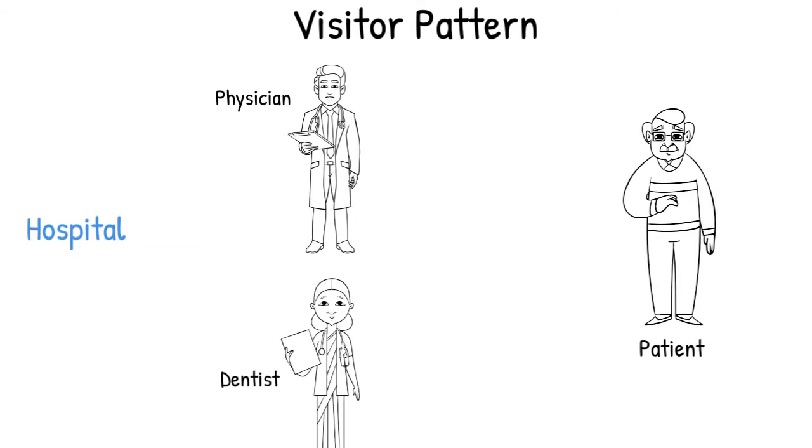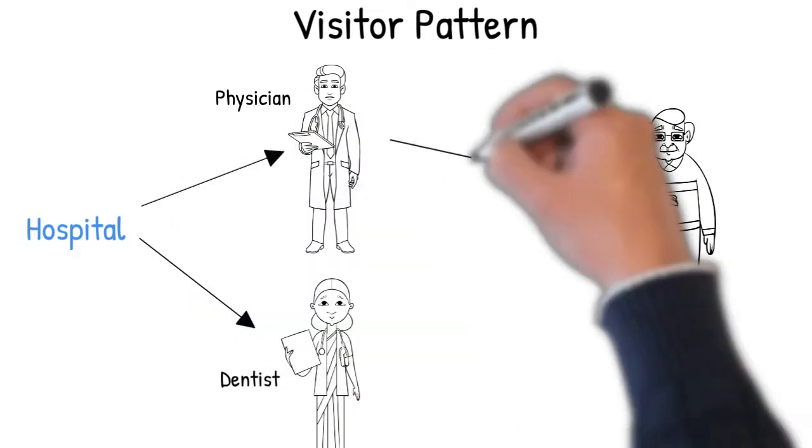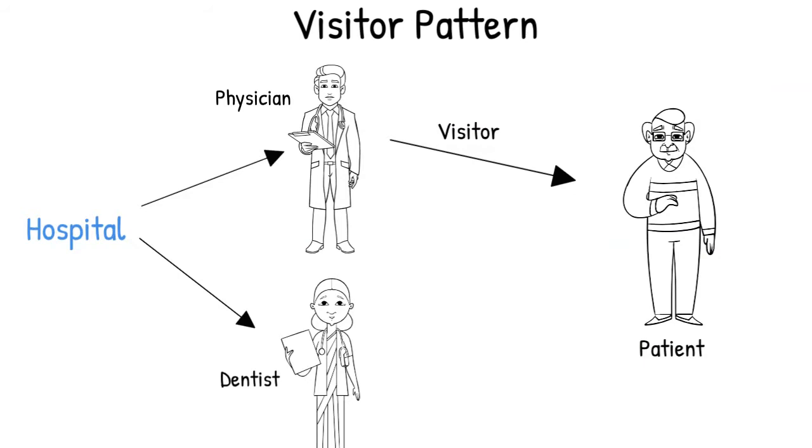Now let's try to draw a simple diagram to understand how visitor pattern solves our problem. So we have hospital, different visitors like physician, dentist, and a patient. Now instead of patient becoming bottleneck to manage all kind of visits, the visitor pattern will actually enable the consumer, that is hospital, to manage all kind of visits. Yes, from diagram it may look like okay how the problem is solved, but now let's try to do a program which would tell us how exactly visitor pattern is implemented to solve the problem.